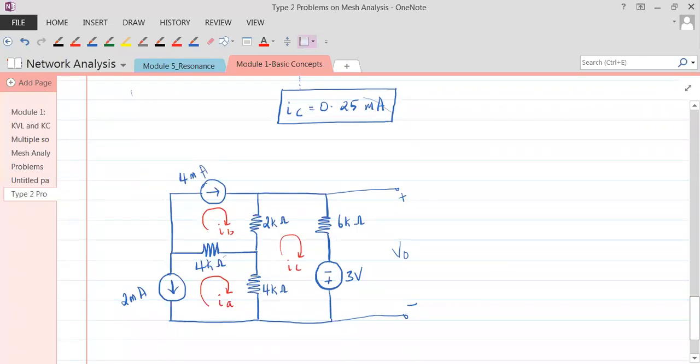What would be the question? The question would be this. Everybody just copy down that. Or if you have space over there, you can just take these terminals out and somewhere say: find V naught by mesh analysis.